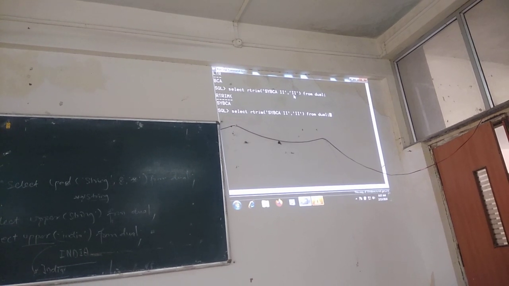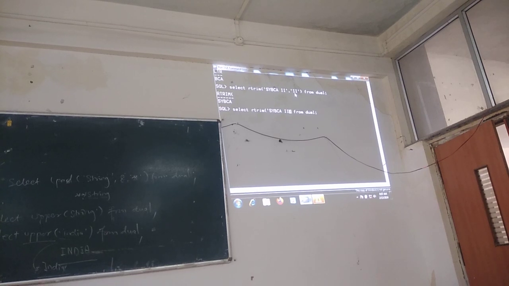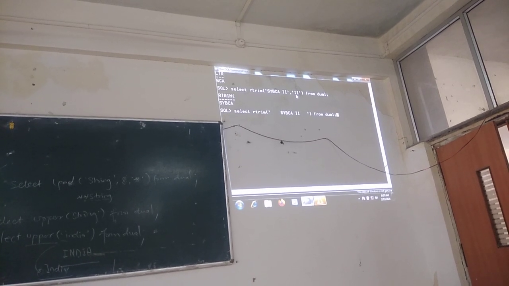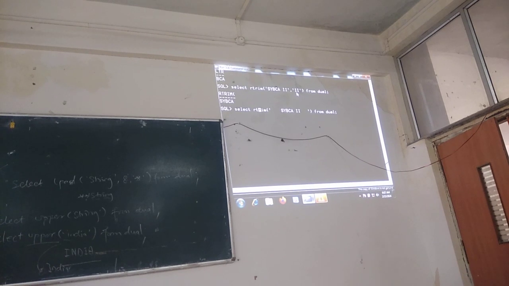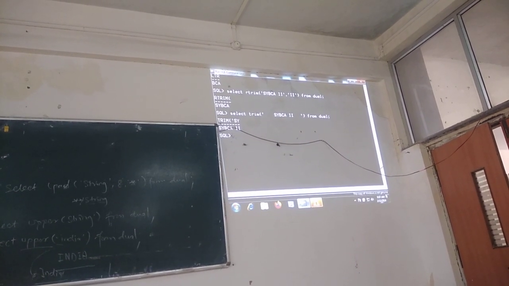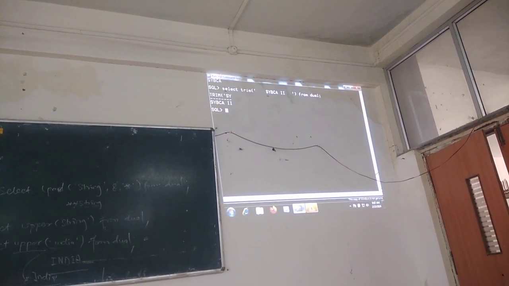Next, trim. What is the use of trim? It is used to remove the space from left and right side. With the trim you can also use leading, trailing and both parameters.